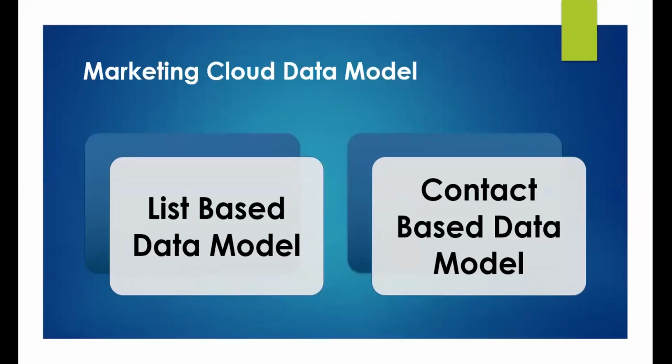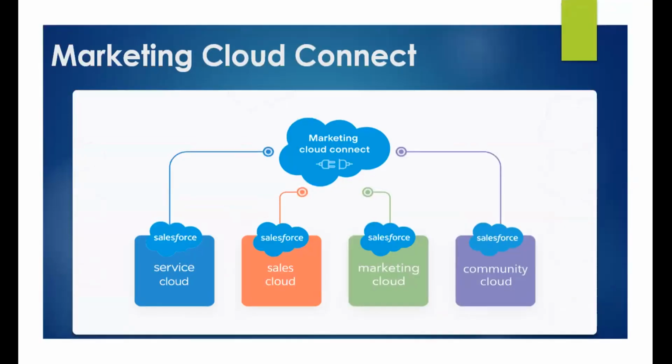Furthermore, we will be seeing into Marketing Cloud. We will start our coaching with defining a data model. Marketing Cloud has two type of data models. We will see in detail: list based data model and contact based data model. One is relational, one is not relational. We will see how to define data models into Marketing Cloud. We will use Marketing Cloud Connect to connect sales service cloud of Salesforce with Marketing Cloud. Because if you look for a CRM means sales, service and marketing. Salesforce has a standard product for marketing automation. Salesforce also has a different product for sales and service.